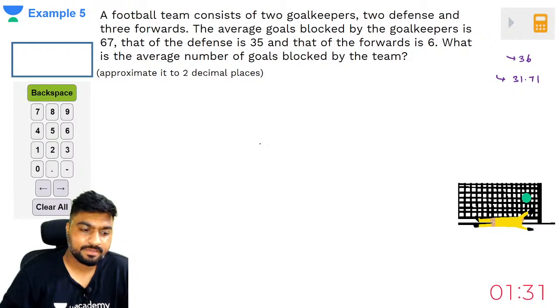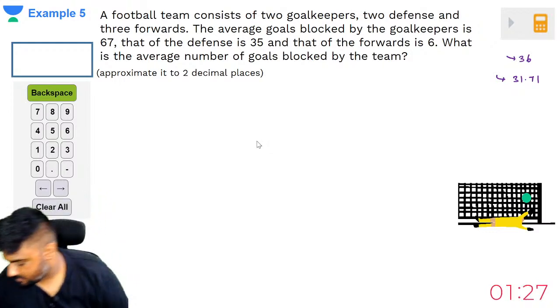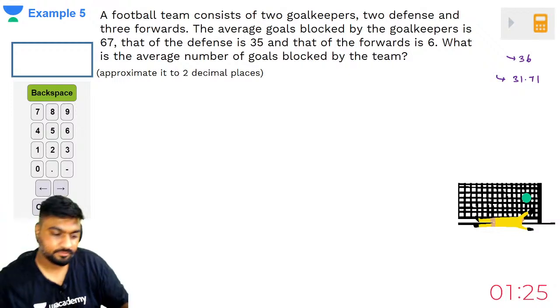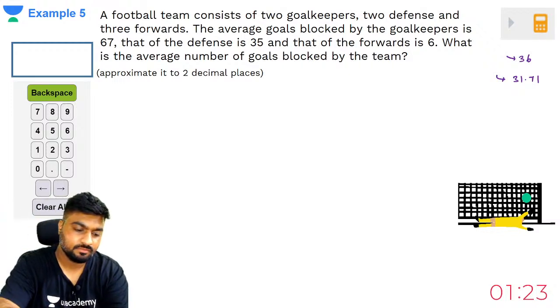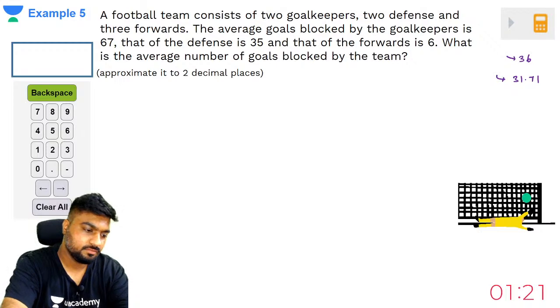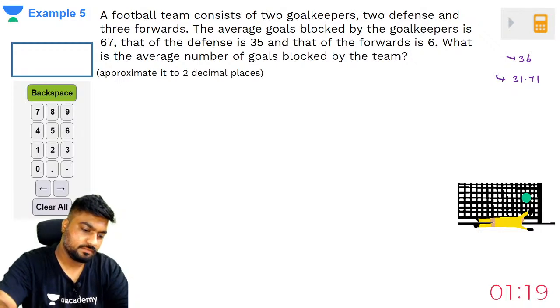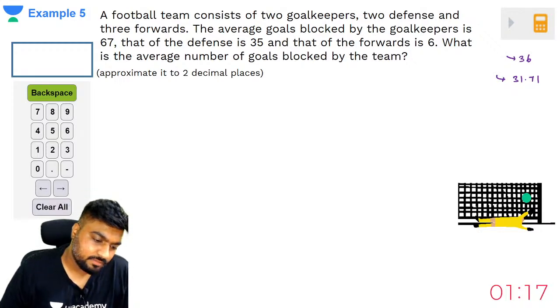Aniruddha says 31.71, beautiful. Anyone else? Very good Anamika, very good Saurabh,